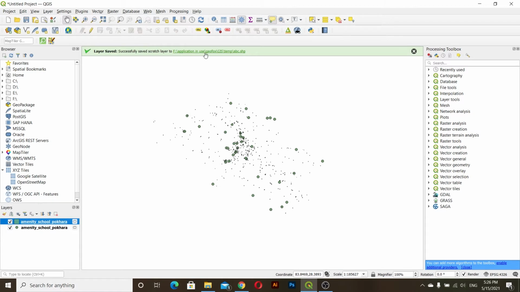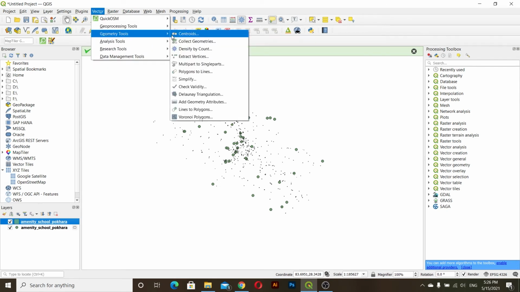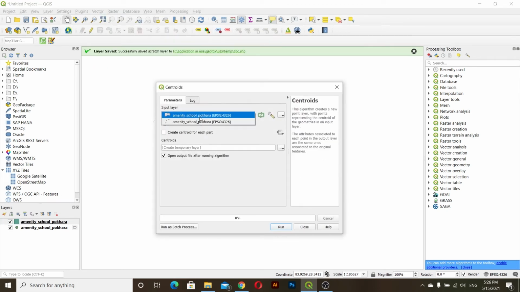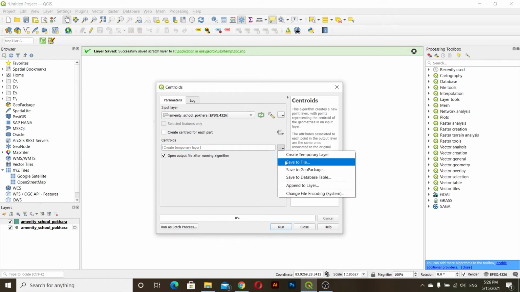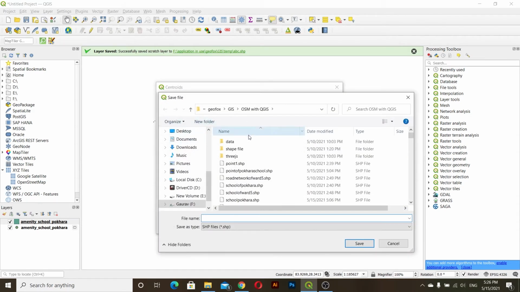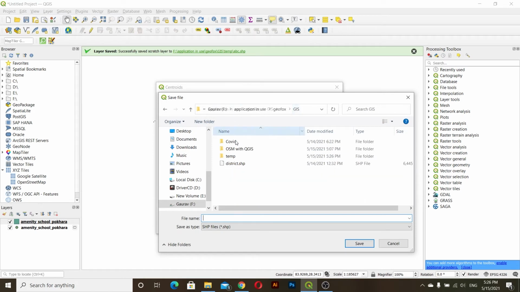So this is successfully saved, and then we'll use this geometry tool centroids, and we'll use this polygon data, and then we'll export this also in a temporary file. Here I'll write this as point school Pokhara.